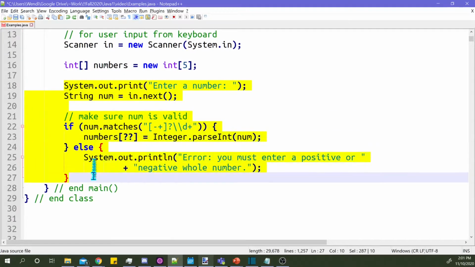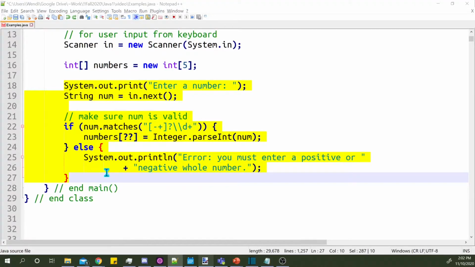Okay, so this is the code that I want to repeat. The question is, how many times do I want to repeat it? So you might first be thinking, well, we're working with an array, we should use a for loop. But not necessarily, because if I put this inside a for loop, then it's going to obviously execute 5 times. I don't want to execute exactly 5 times. I want to get 5 correct inputs, but that doesn't mean this loop will execute 5 times because the user